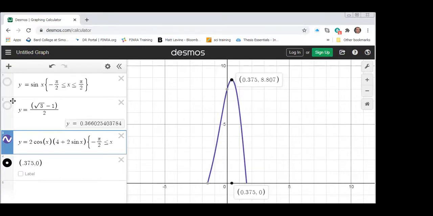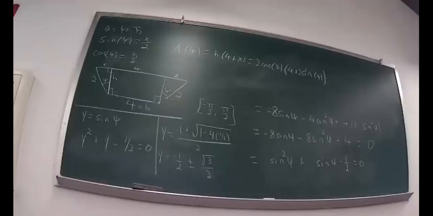Okay, so this is what I've been doing. I plotted the point 0.375, and then I plotted the area function to just see whether it had a maximum there, and it does. And so that's what made me happy. So there you go. And if you return to the problem,